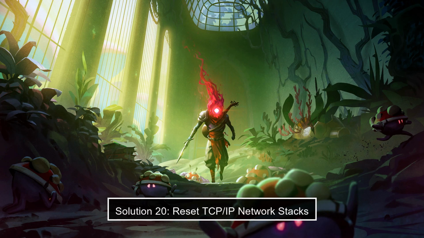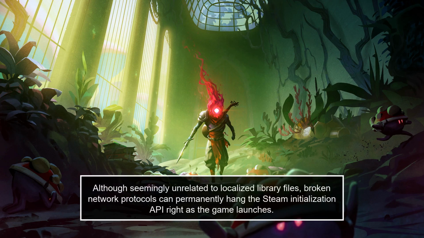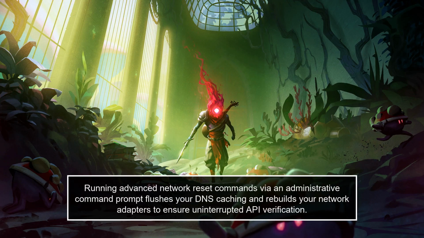Solution 20. Reset TCP/IP network stacks. Although seemingly unrelated to localized library files, broken network protocols can permanently hang the Steam initialization API right as the game launches. Running advanced network reset commands via an administrative command prompt flushes your DNS caching and rebuilds your network adapters to